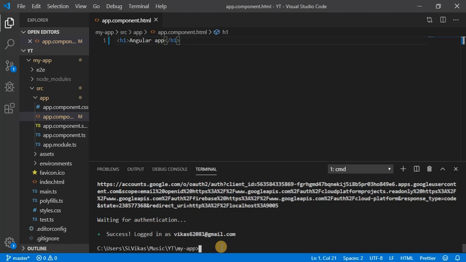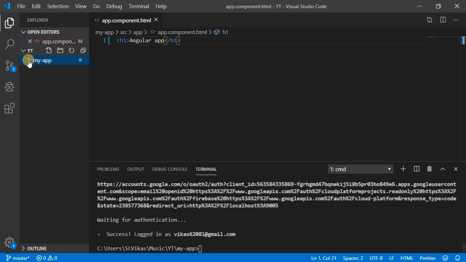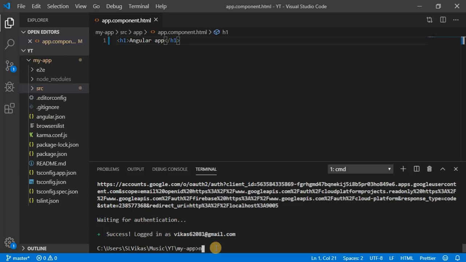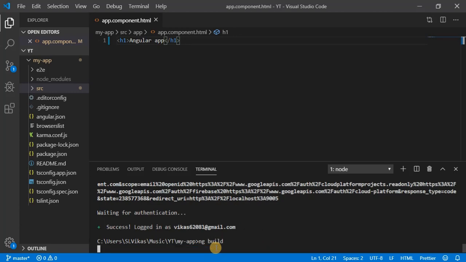Now before deploying our project, we need to build it. We have to execute one command called ng build. Basically this command will compress our whole project into a single file.